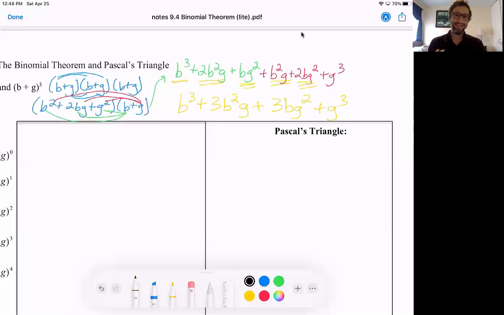Now, this lesson is going to show you a fast way to expand any binomial, 2 terms, raised to a power. This was a b and a g, 2 terms, raised to the third. I think it's really cool. There's a way to get this answer really quickly without having to do all the multiplying. So the first thing I want to point out is let's look at